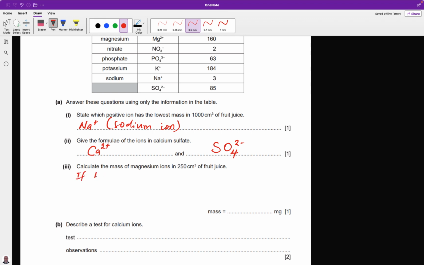If 1000 cm cube contains 160 milligram of magnesium ion,